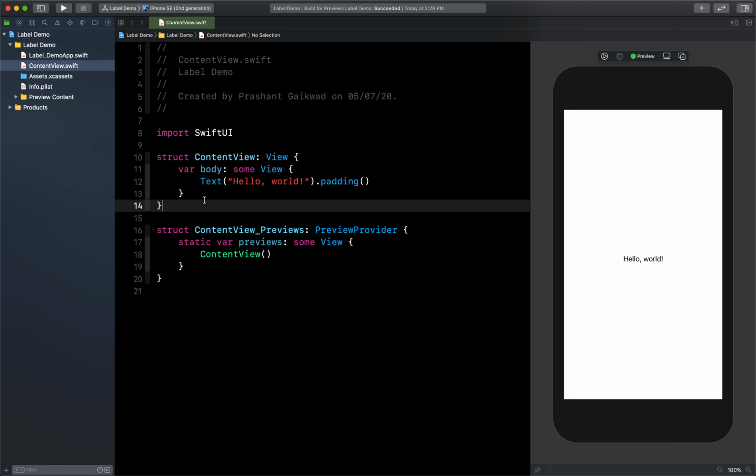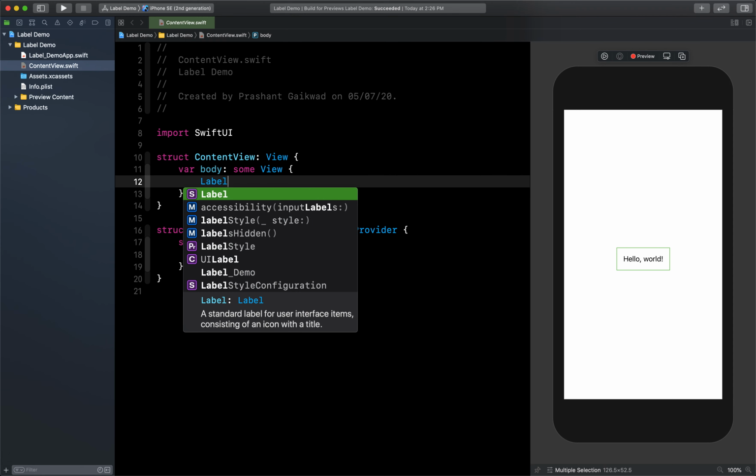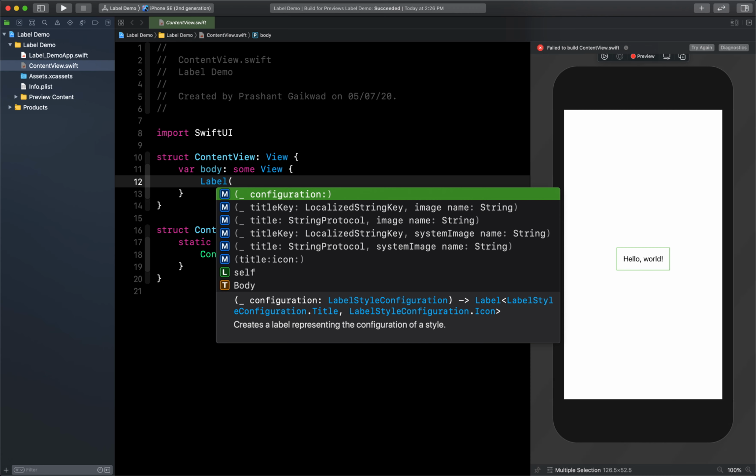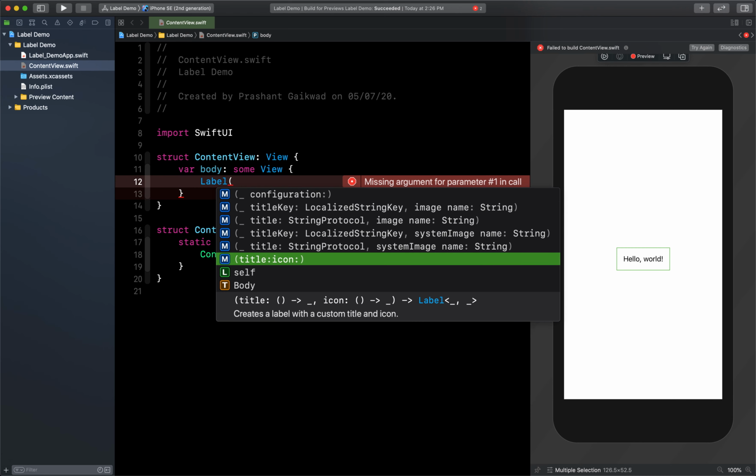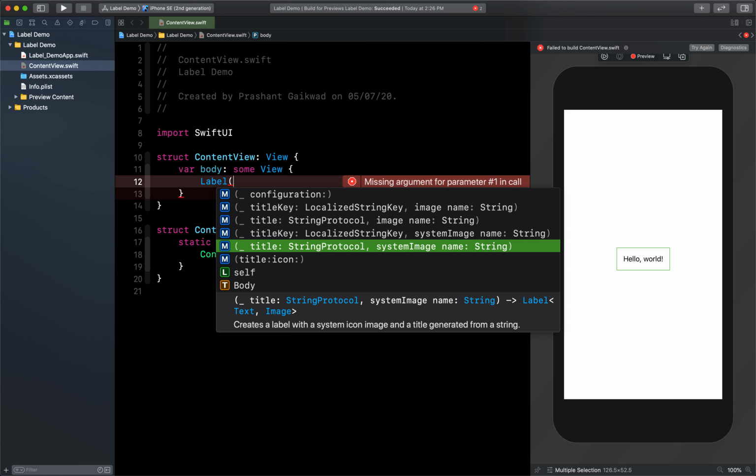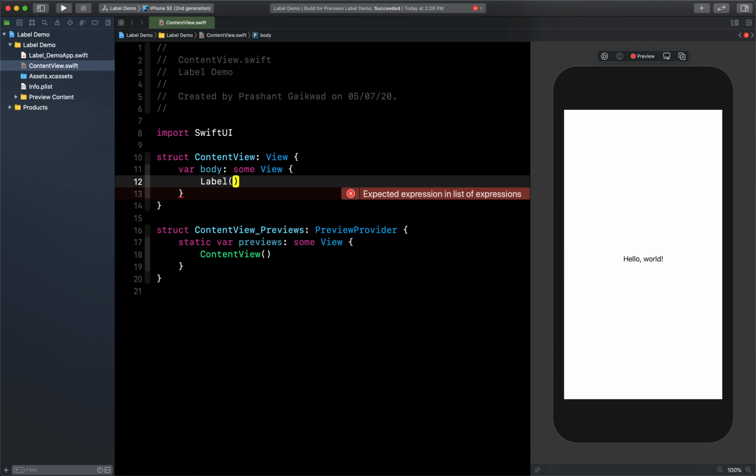We can start. To create a label, you can directly use Label here and give your text inside this. You can see it is expecting title and icon, title and system image, or only title also you can give. Let me first give only title, or you can directly give the string like this, and I will say my label title.